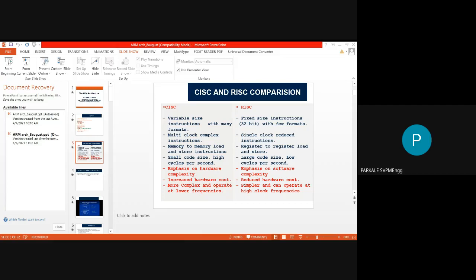Program memory is used to store the code or instructions, whereas data memory is used to store the data in your program or in your instructions. So there are two types of memories we have seen: program memory and data memory. Now if you use von Neumann type of architecture, what happens in this architecture? You have the CPU and you have the memory, and both the memories, program memory and data memory, will share the same bus.